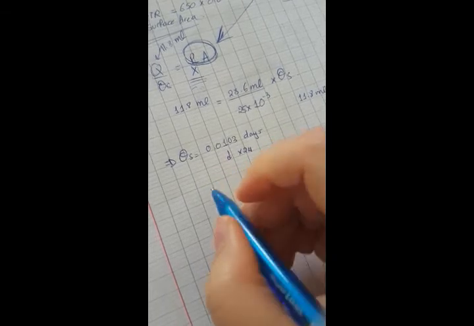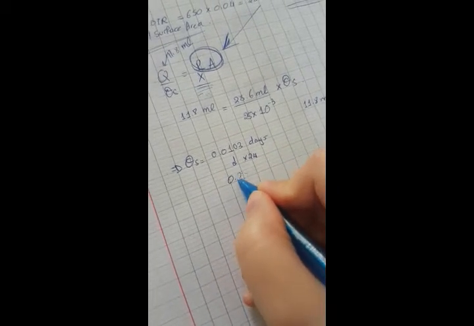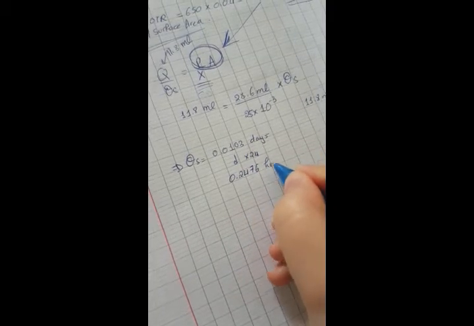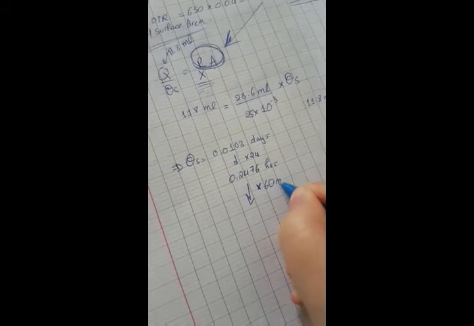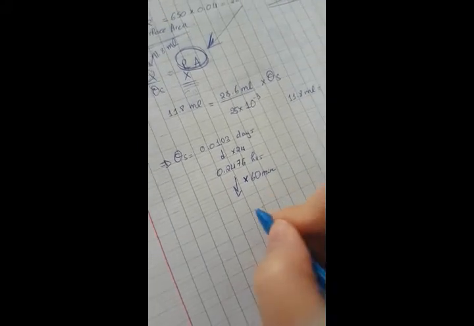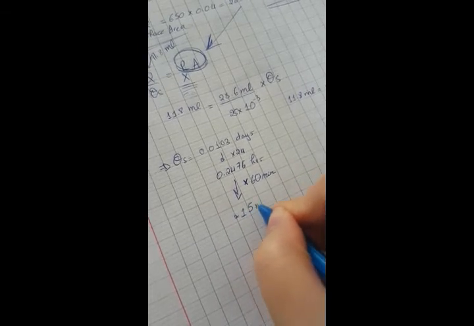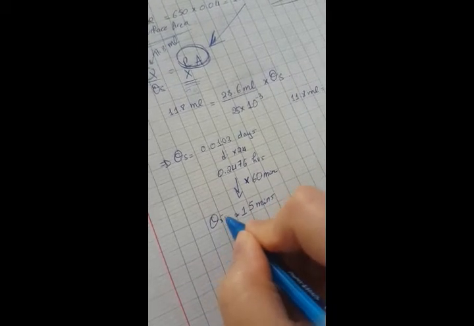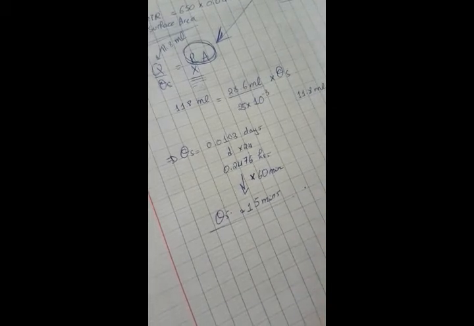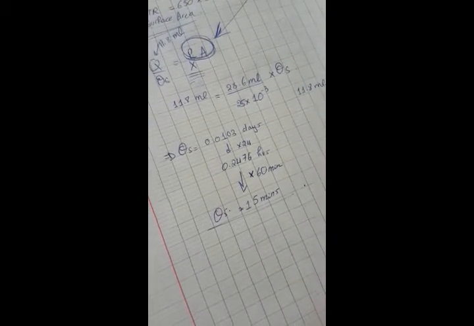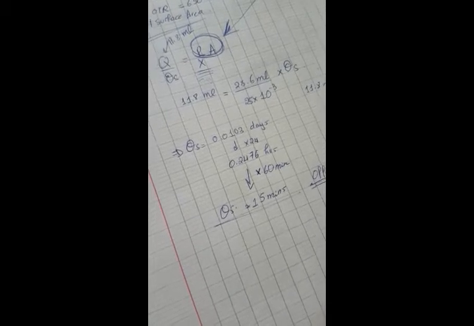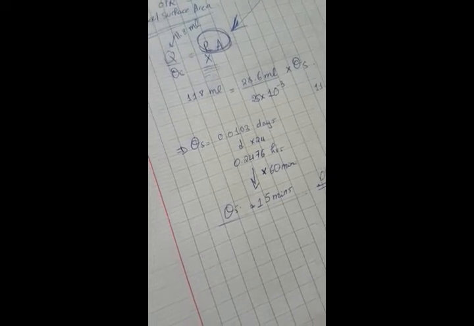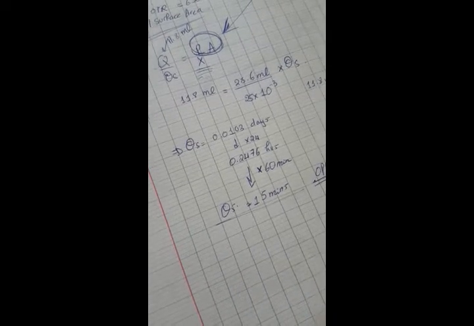I'm going to convert this into hours by multiplying it by 24, and I will obtain 0.2476 hours. I'm going to convert this into minutes by multiplying it by 60, and I will obtain approximately 15 minutes, which is the shelf life of 2,550 grams of biscuits packaged with oriented polypropylene with a thickness of 25 micrometer and an oxygen transmission rate of 650 milliliter under the conditions of 23 degrees